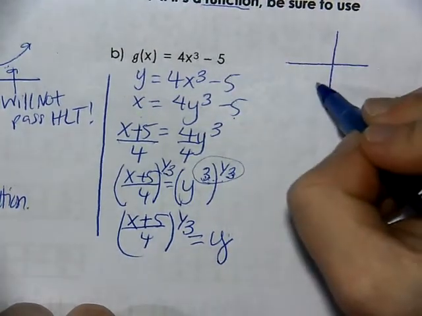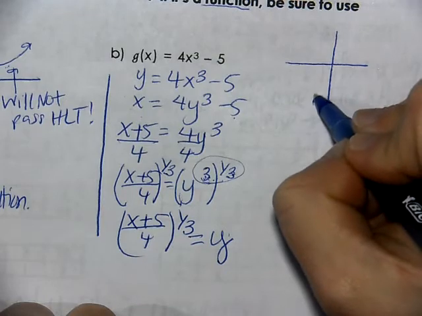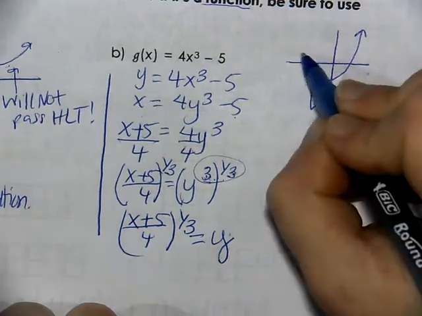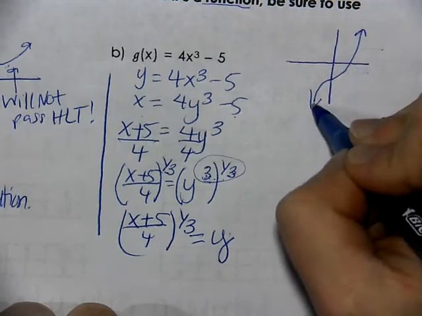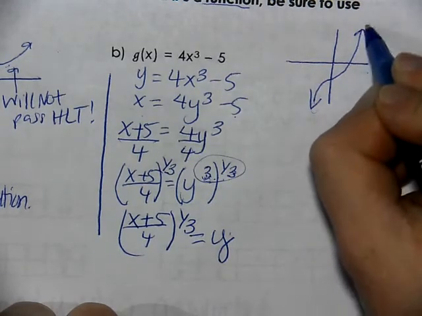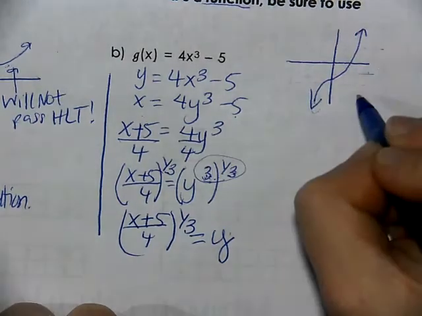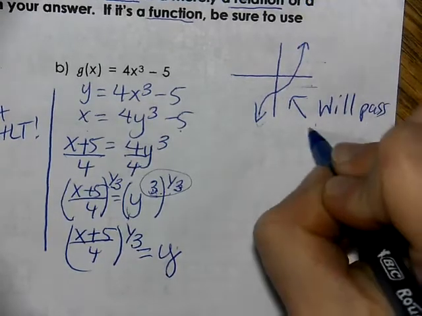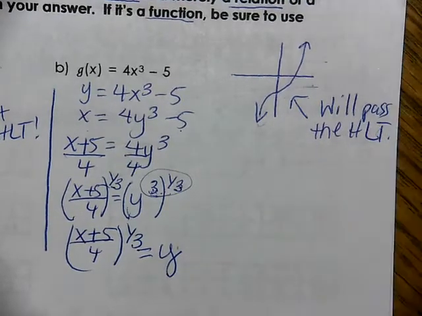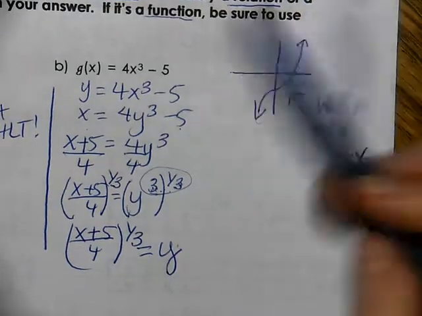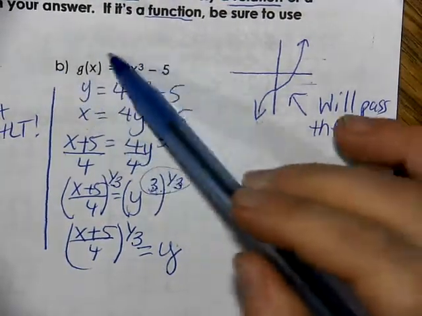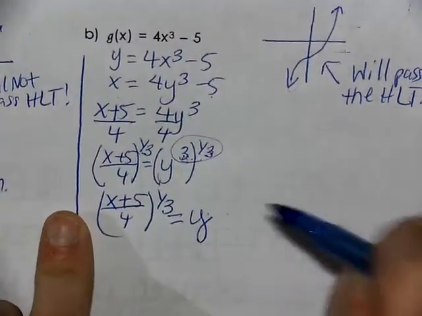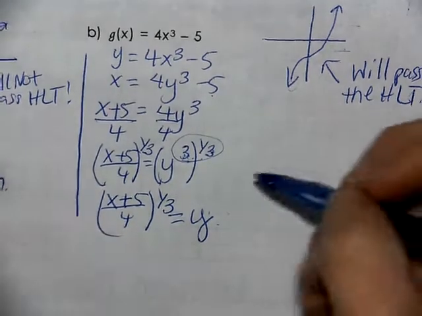This function, if you were to graph it in your graphing calculator, is going to look something like this. And it's going to pass. There's going to be no bumps to it at all. It will pass the horizontal line test. So you can use your graphing calculator or Desmos in order to analyze functions and to decide how your answer is supposed to be. But because it is not going to be a relation, your answer will be a function,